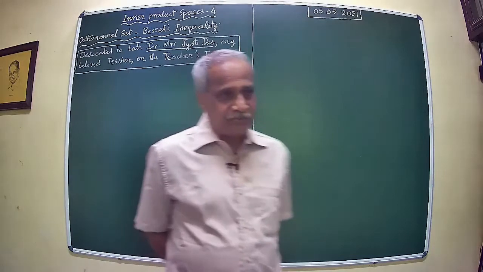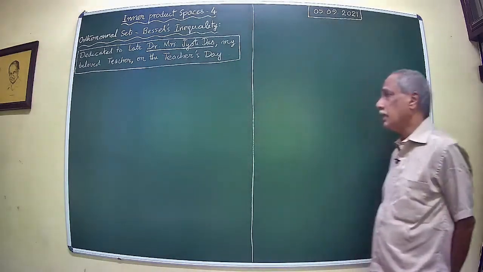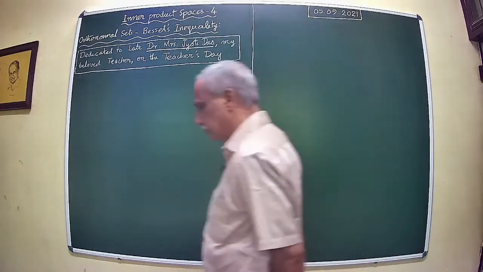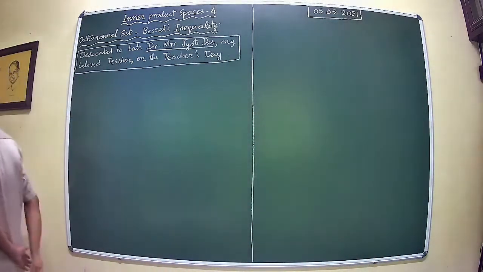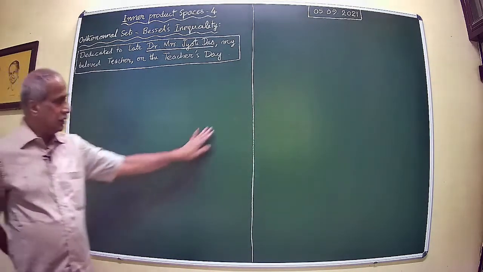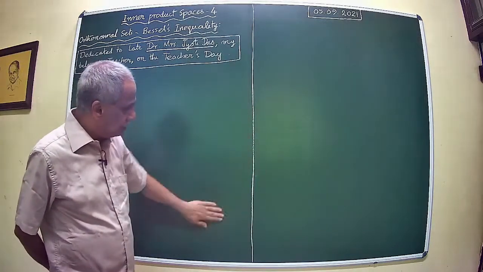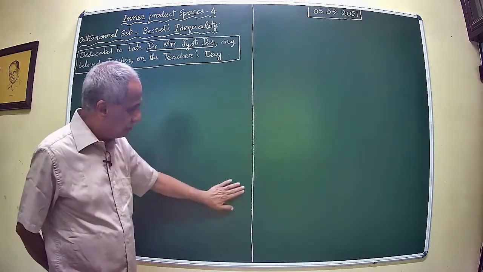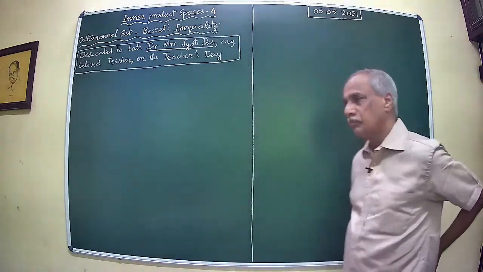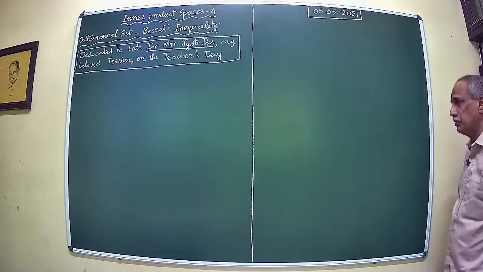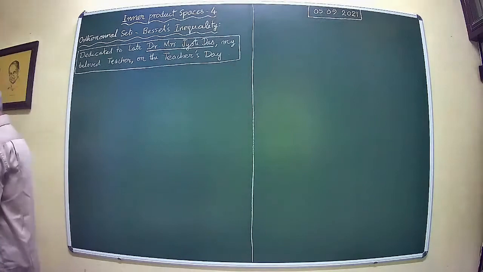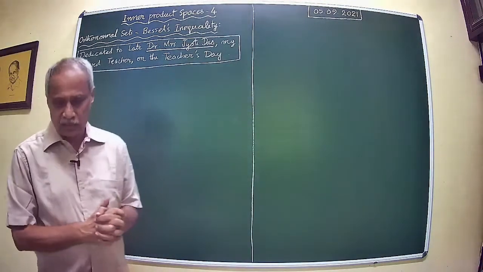And we found that if S is a subset of the inner product space, then S perp is a subspace of the vector space. This is what we have seen, and we have also seen that for any S, S is contained in S perp perp. Recall the notation that we have introduced last time. Okay, now we continue with this. But before that, let me just